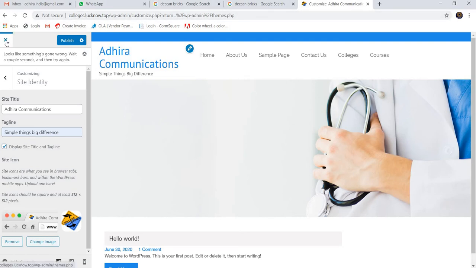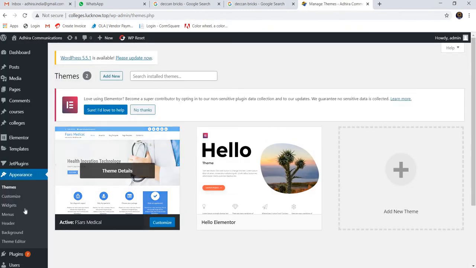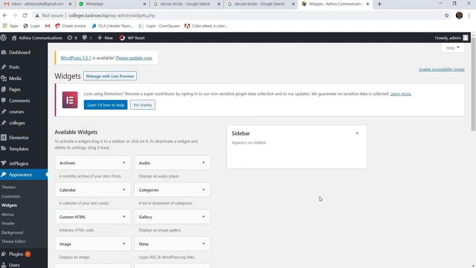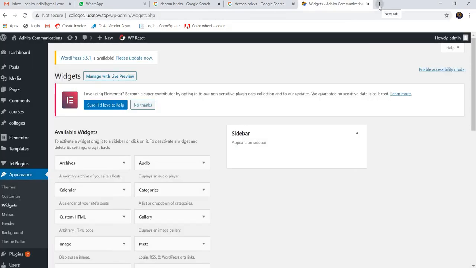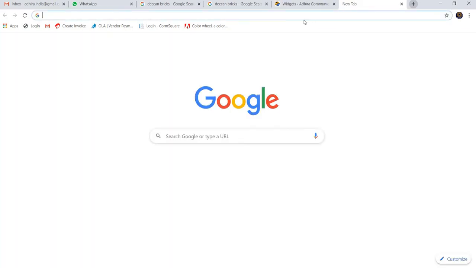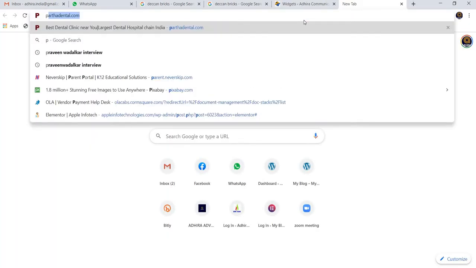Okay, and next, this is the customization. Customization is nothing but where we can keep a site logo, site icon, site title and tagline. Okay, next coming back to the dashboard, and next one is widgets. Here widgets are nothing but what is displayed in our website over the right side or down of our site. I'll show you some of the examples.